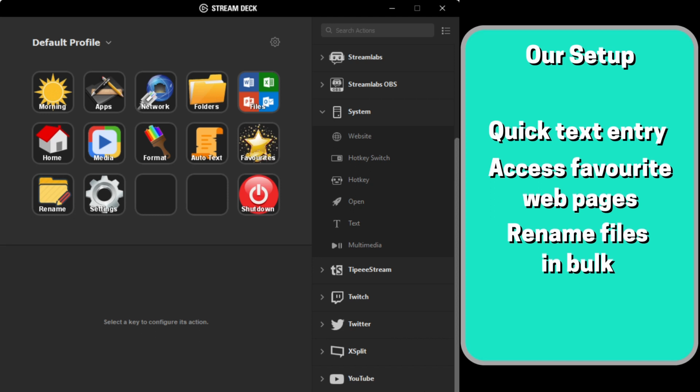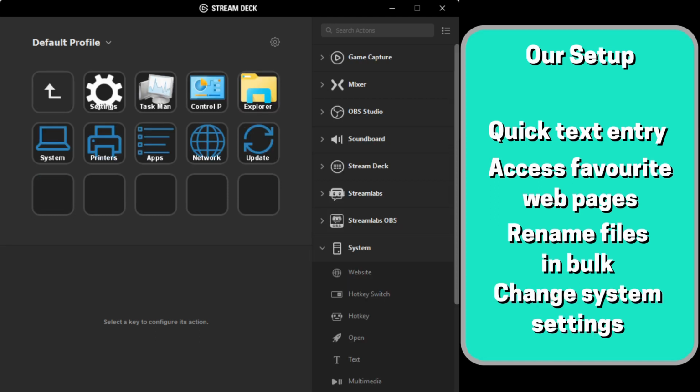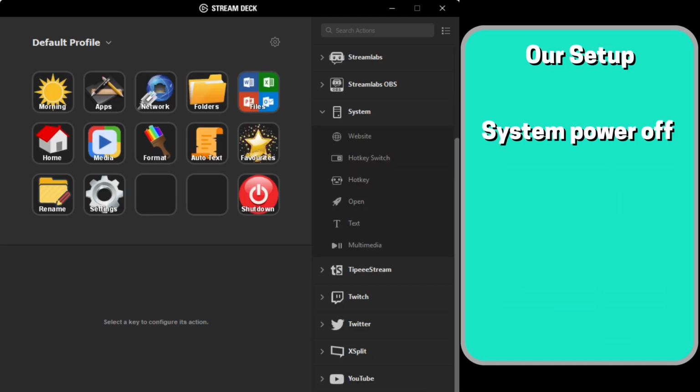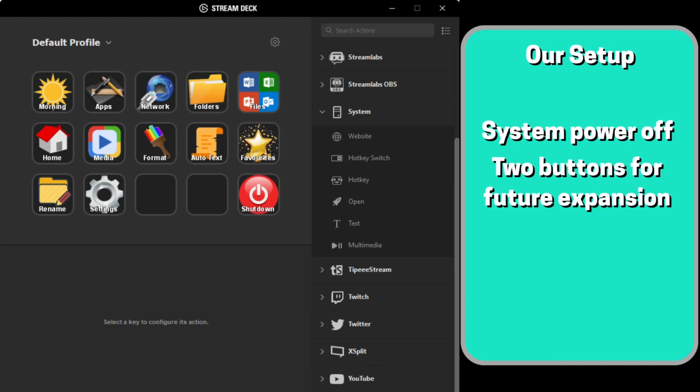With the Stream Deck and a suitably programmed script, we can rename all the files in our Downloads folder with a single press. We also have a folder offering quick access to a variety of system functions and configuration settings. Finally, we have a standalone power off button for the system. This still leaves 2 buttons available for future assignment. If you have any ideas as to how we might use them, we'd love to hear from you in the